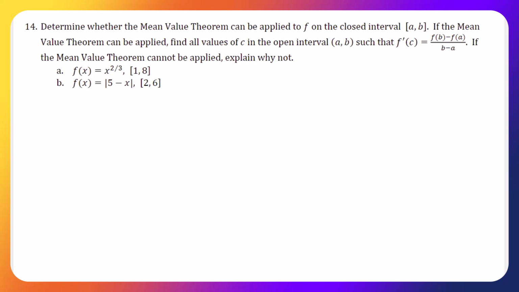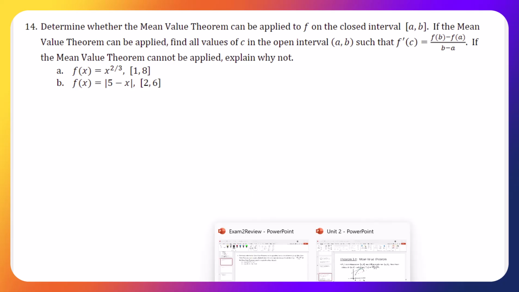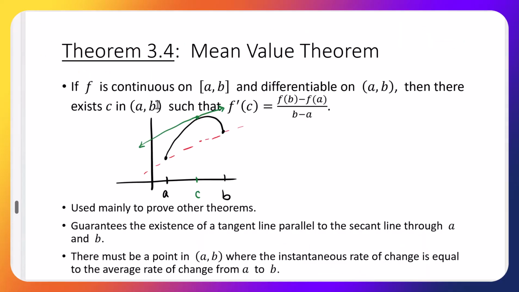On number 14, we're looking at the mean value theorem. So we want to decide if it can be applied to the function, and then if it can, we want to find all values of c such that f prime of c is equal to that average value. So let's go ahead and maybe just remind ourselves what that mean value theorem says, or what functions fit that